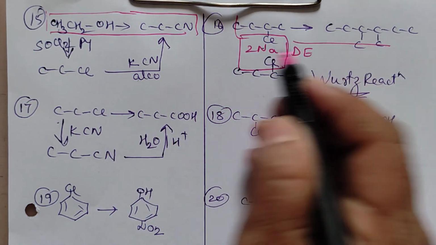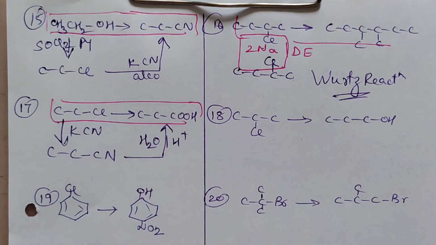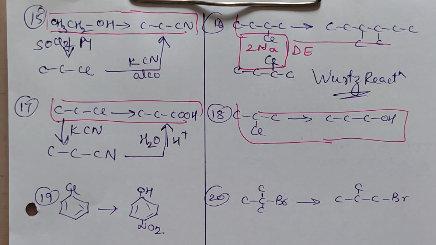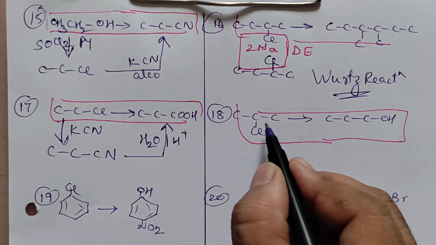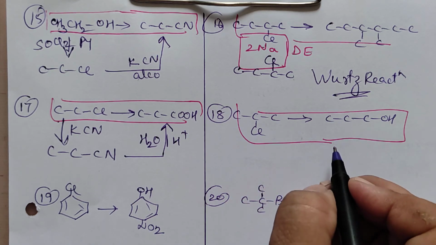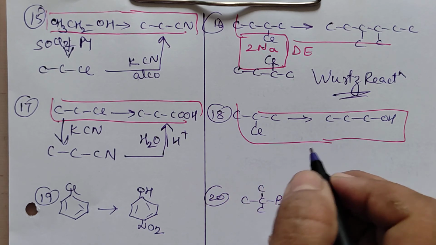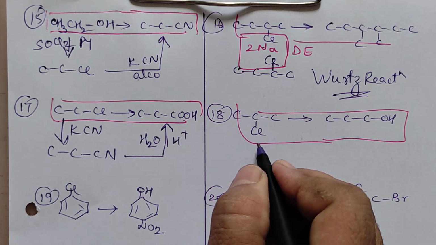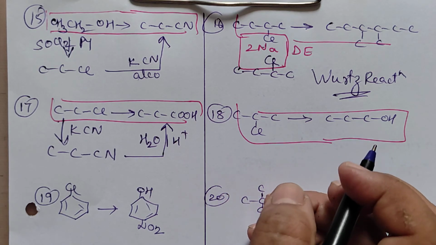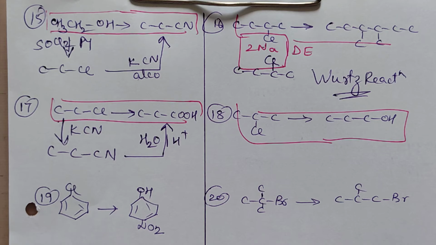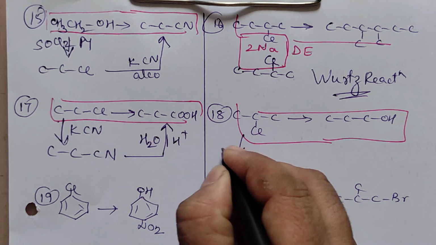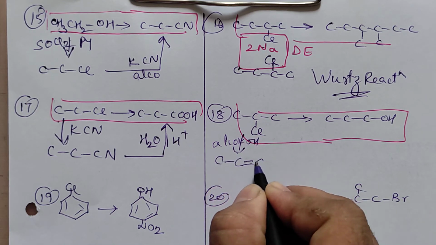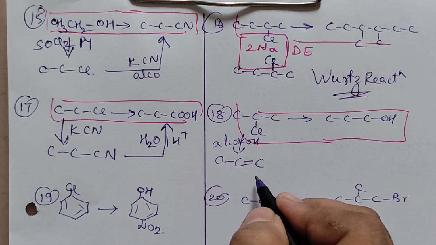What are we asked to do? This is what we are asked to do. I've just written the steps down. So this is our main requirement. Now what are we going to do with this? Now we want this Cl to be removed and we want OH to be put. Right? So first what we can do is we can remove this Cl. But mind it, we want OH at one position. Means we have to bother about anti-Markovnikov's rule. So first you will treat with alcoholic KOH, carry out dehydrohalogenation. You will get a double bond here. Alkene, propene you will get.